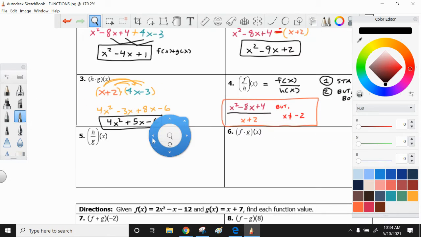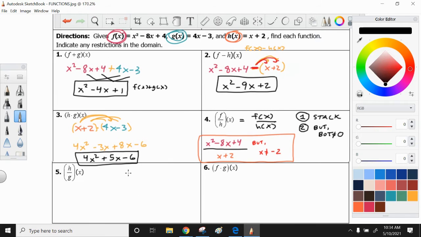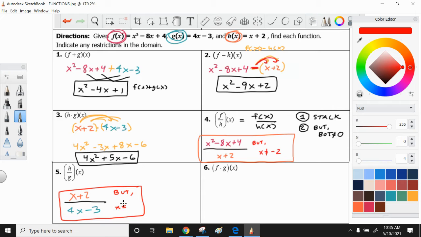Number 5, h divided by g. This is a really, really, really quick and painless process, right? First thing is we need h to go on top of g. So we take our h, x plus 2. We take our g, which is 4x minus 3, and then we're done. The only thing that we need to do, I like to give myself a box that fits a little bit extra so that it reminds myself, is I need to say, but don't let x be,